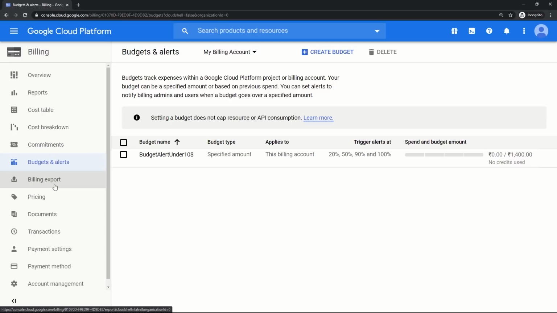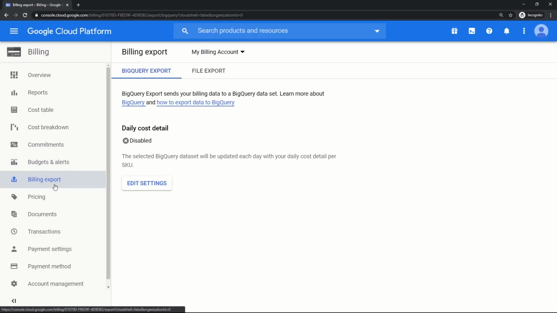Next, we are going to set up a billing export. Billing export is necessary because to monitor what resources are consuming how much amount, a detailed analysis of your environment is required. You will think that you are using a free account, so why do you need to set up a billing export? But think from the organizational point of view: when you are managing the actual environment, costing is the prime thing. Setting up a billing export will give you a detailed analysis. Once you have the data, you can set up your own scripts for analysis, or you can use Google Studio for visual representation of that data.